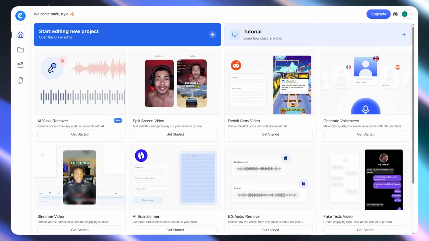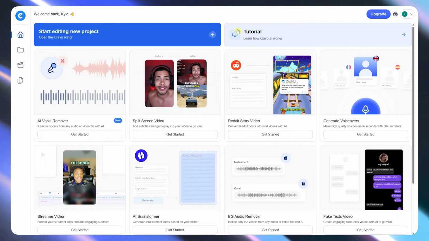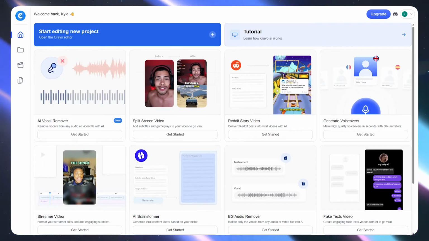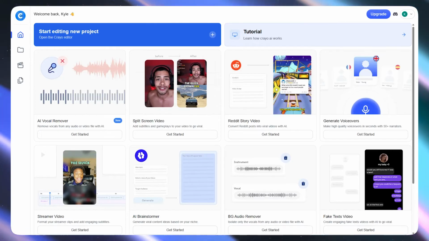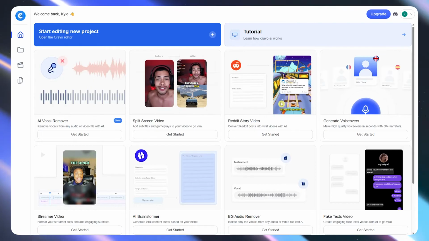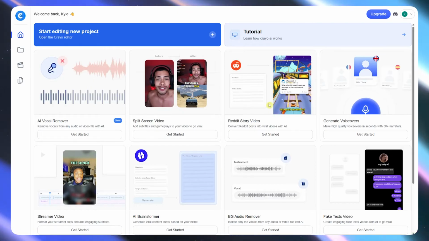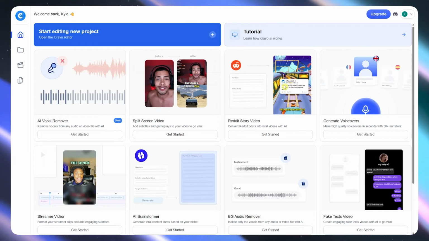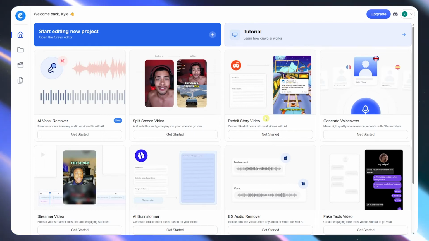Next, we have the Reddit story video. Crayo can automatically turn Reddit posts into narrated videos with visual elements and voiceovers. It formats the text for readability and adds dynamic scenes based on the content, perfect for faceless YouTube or TikTok storytelling channels. So if you're into AI videos, then you have probably come across one of these contents right here,